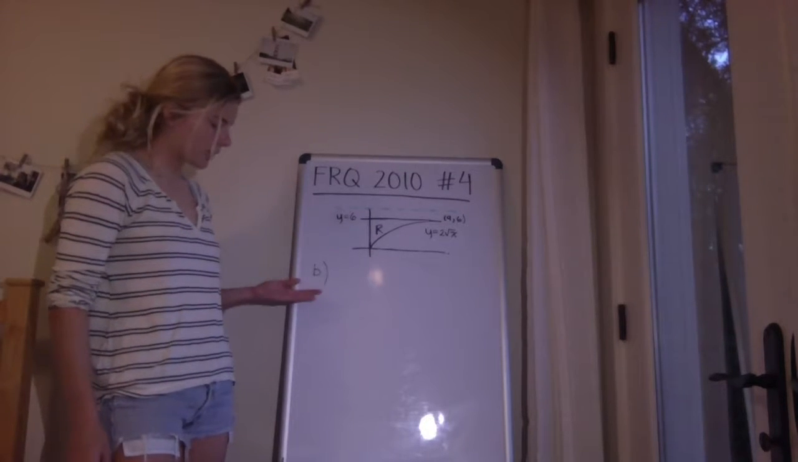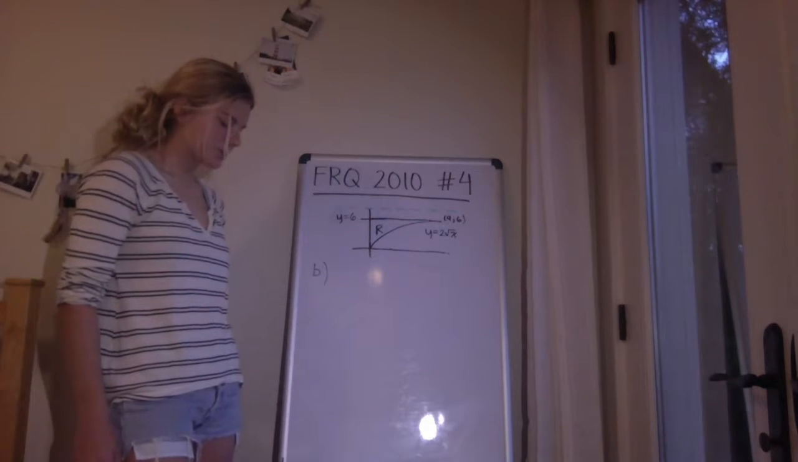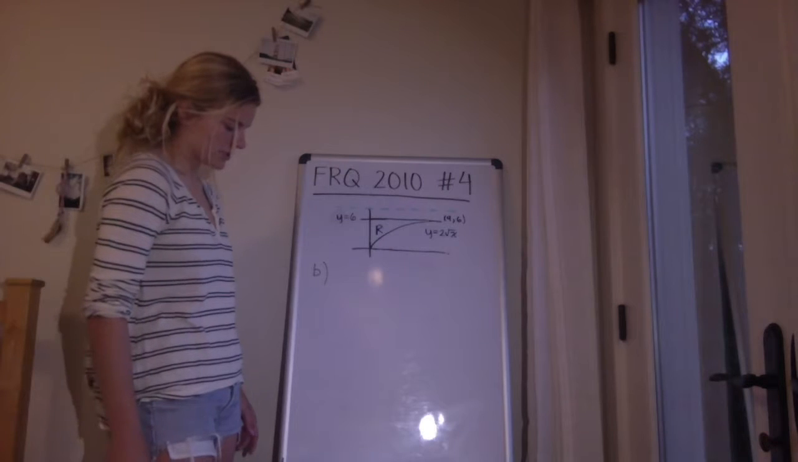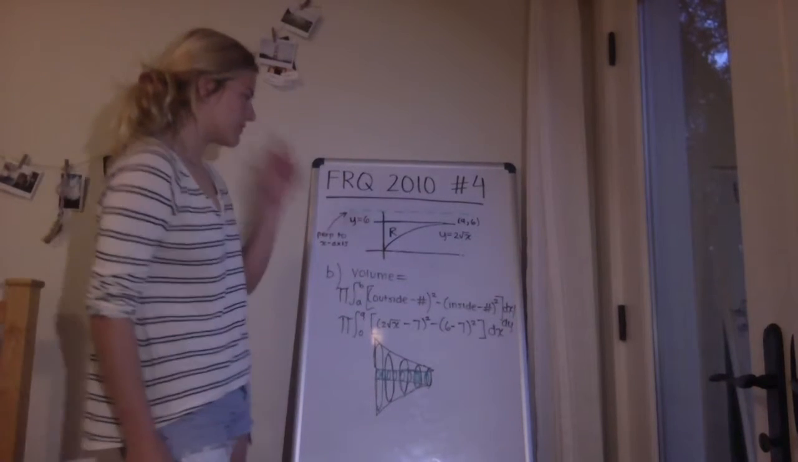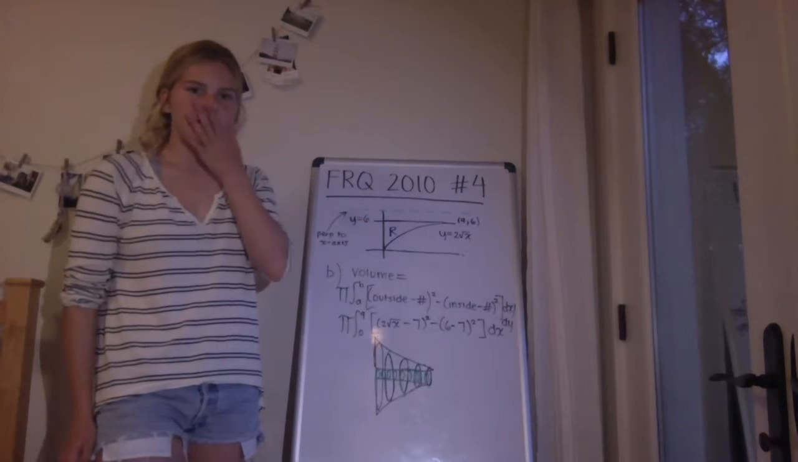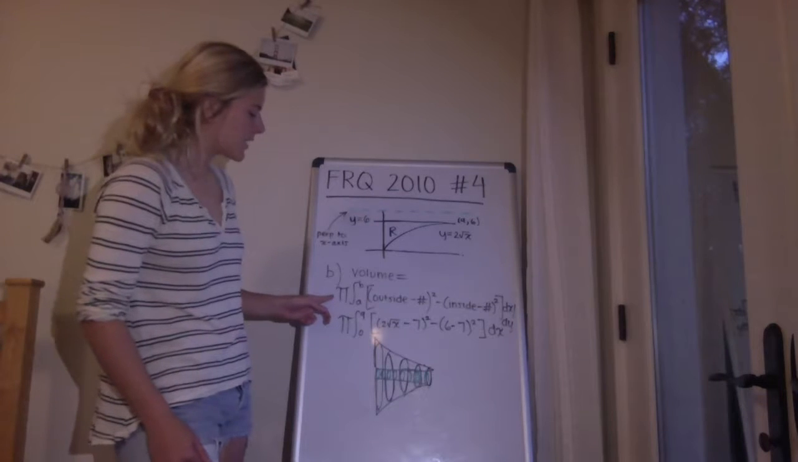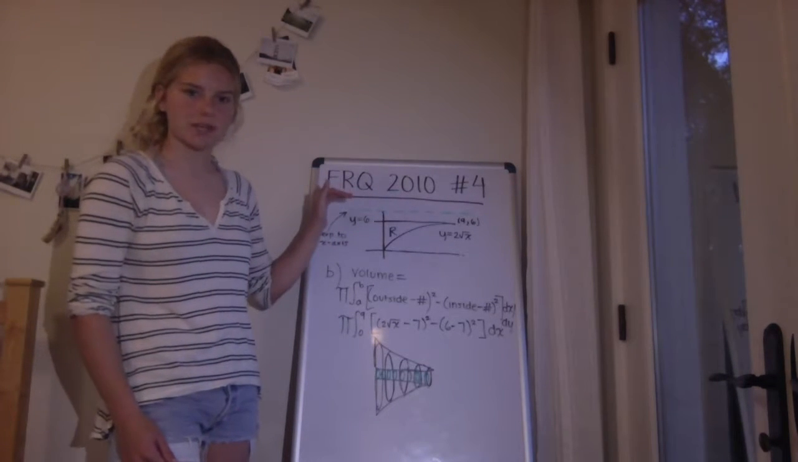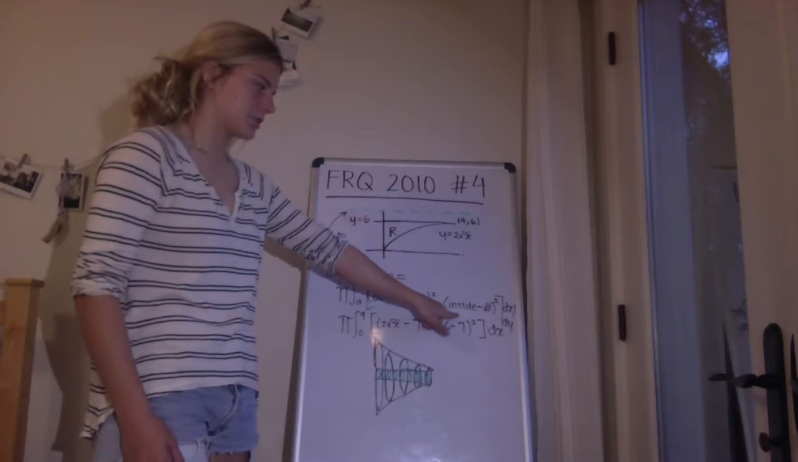Now we can move on to part B, which asks us to write but not evaluate an integral expression that gives the volume of the solid generated when R is rotated about the horizontal line y equals 7. The formula to find the volume of a rotated figure is pi times the integral from a to b of the outside minus the number or the line that it's rotated about, squared, minus the inside minus the number, squared,